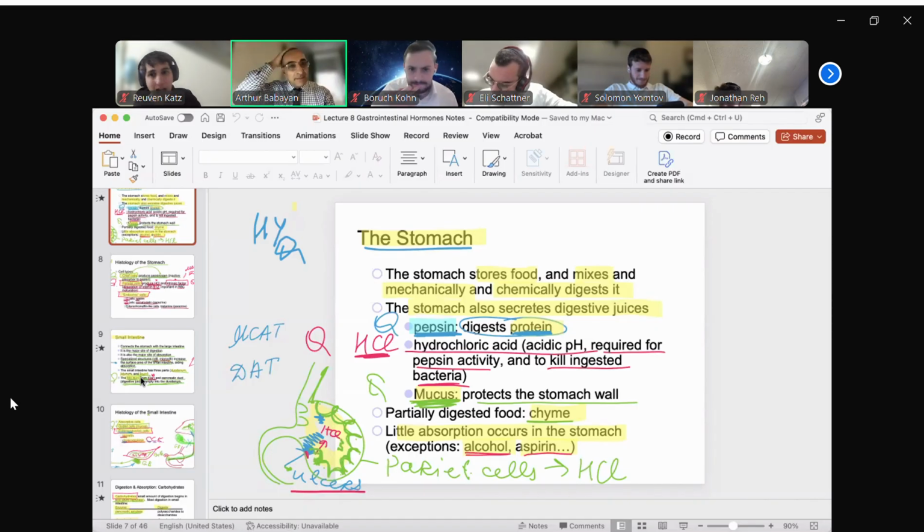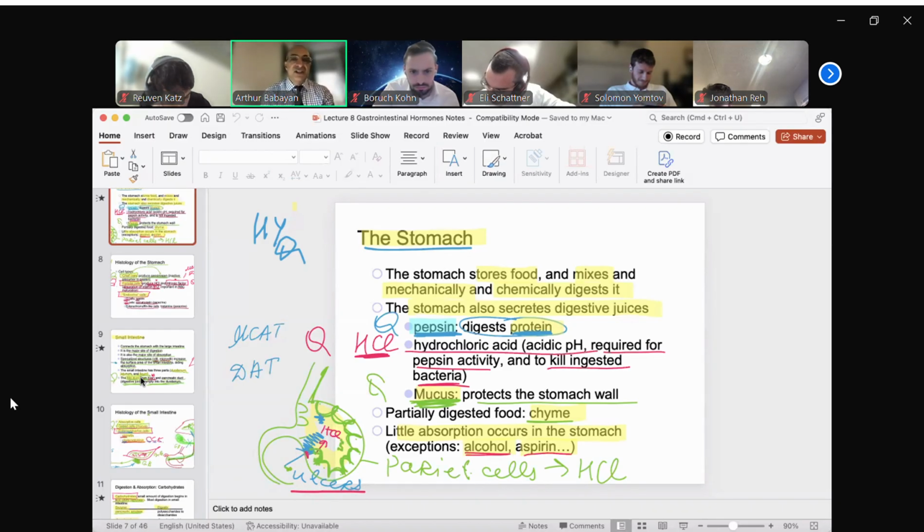The stomach stores food, mixes it, and mechanically and chemically digests it. The stomach also secretes digestive juices, such as